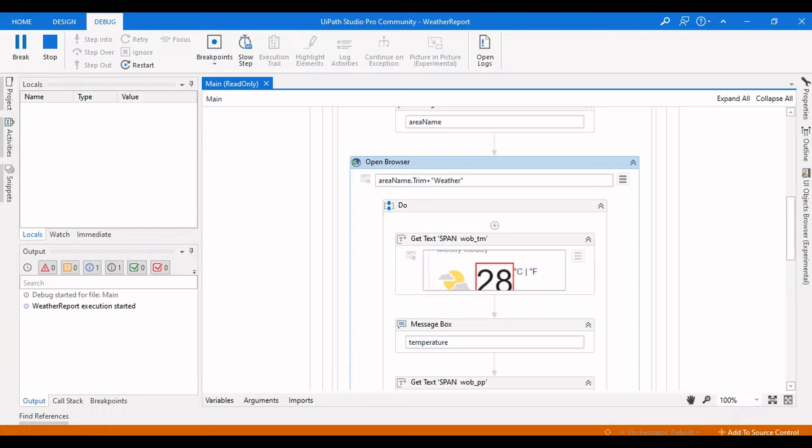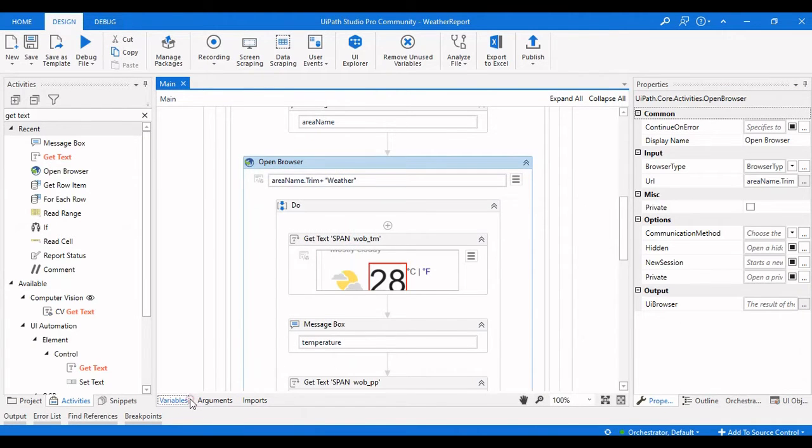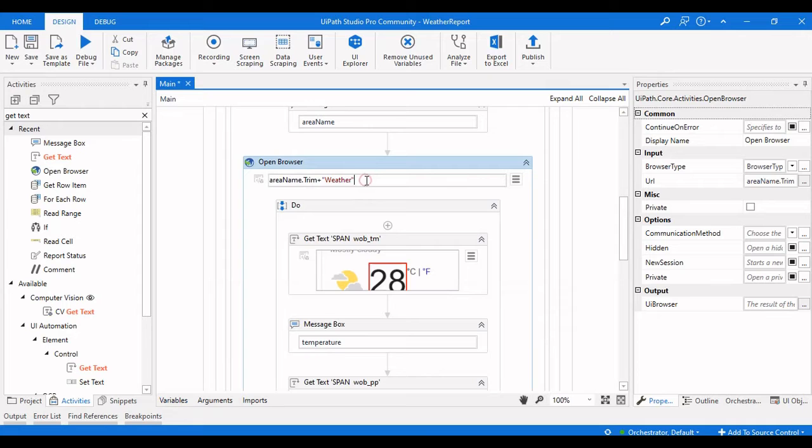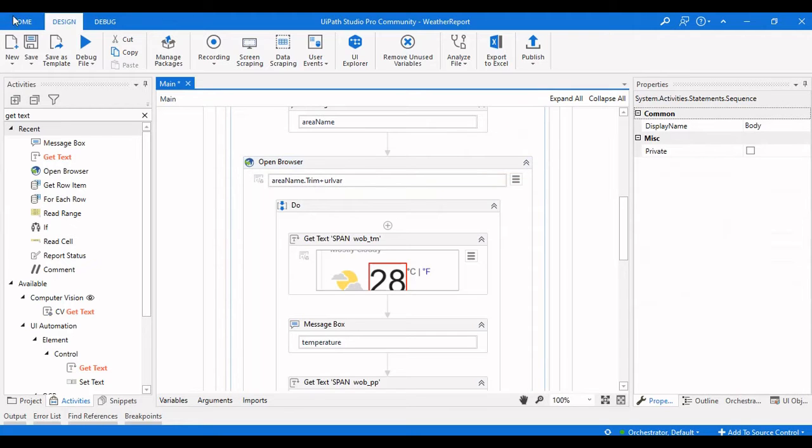So here let us create another variable which will hold the weather report value, and we will call it URL variable, and that will be a string, and this will be weather report. Now we will concat these two variables here, URL variable, and let us try once again.